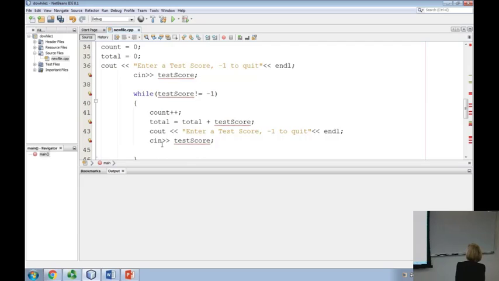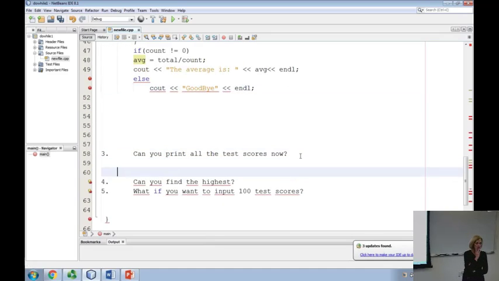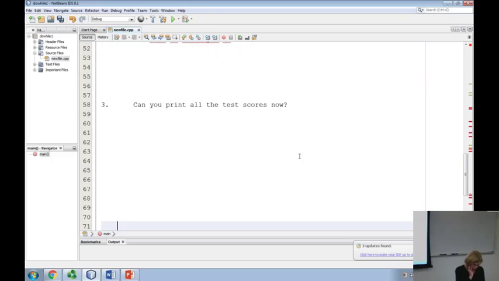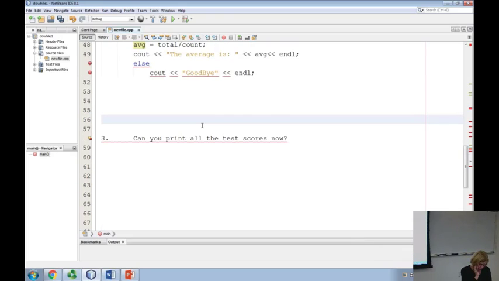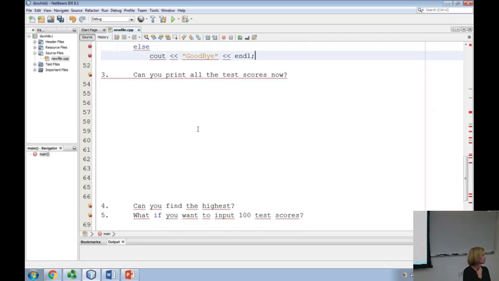If I wanted to find the highest test score, I'd have to change the code. I don't have the test scores. They've all been entered. They're gone. All right? So I'd like the ability to store the test scores and be able to do a bunch of things to them, not all as I'm reading them in. Okay? And if you look at question 3, 4, and 5, basically we cannot answer 3, 4, and 5 with what we have now. So I'm going to show you a way to create an array, okay? So an array